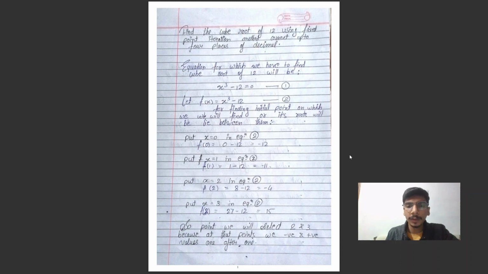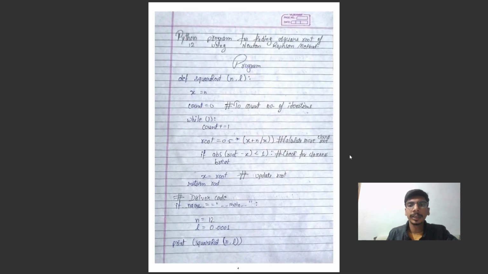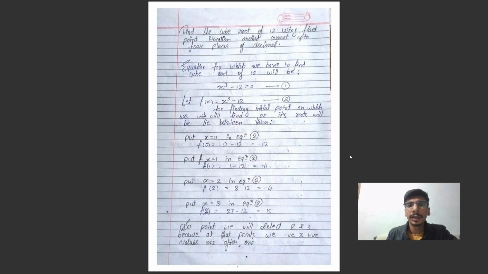Hello everyone. In this video, I am going to cover two questions one after one, which will be based on fixed point iteration and Newton-Raphson method. In the first question, we are finding the cube root of 12 using fixed point iteration method, correct up to 4 places of decimal, and this is the second question. The second question is based on the Python program in which we are doing the coding for finding the square root of 12 using Newton-Raphson method. So first we are going to see the fixed point iteration method for finding